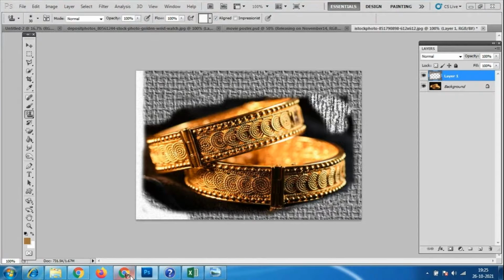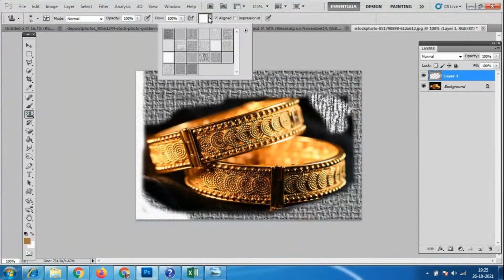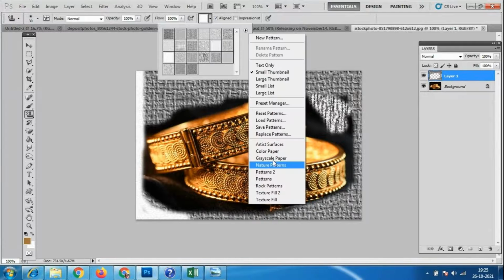So in this we have the pattern stamp tool. Here, if you click in the property window, there is an option for colors, a color paper.